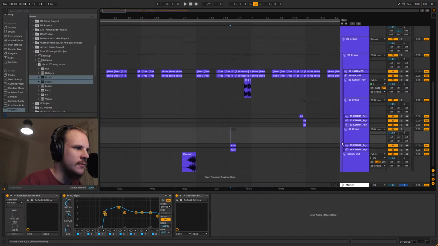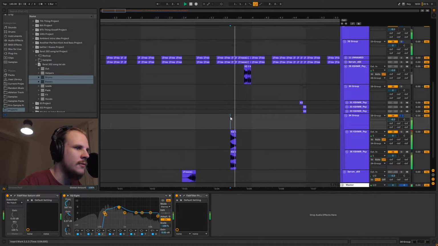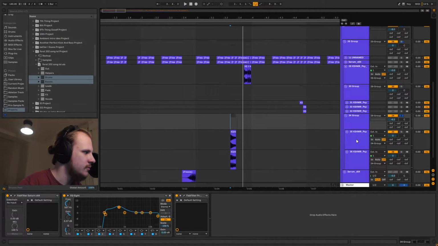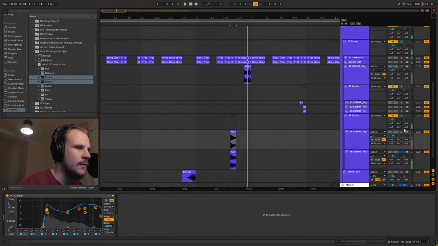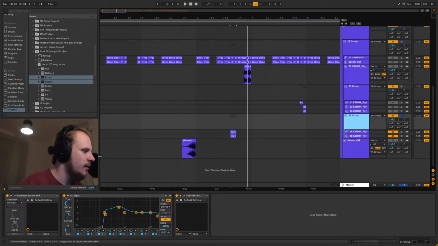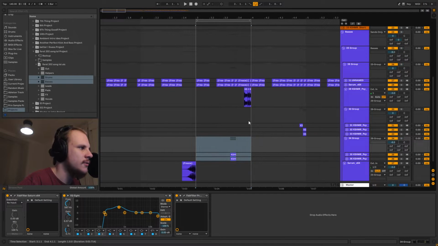Okay, so next up we have this one, which also consists of 2 bass lines. It sounds like this. It's slightly distorted. As you can see, we have a Saturn on there which does some distortion. But the main focus here is that we have these 2 layers, which I've removed all the subs from, and it's again just a nice way to add something to your bass line. So if I take this off, you get that, as opposed to just